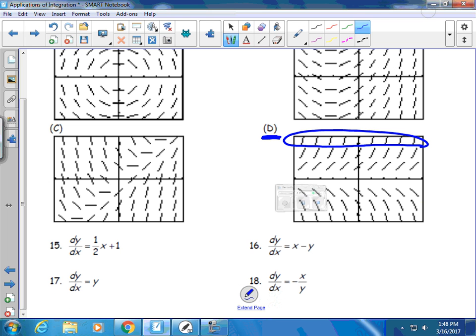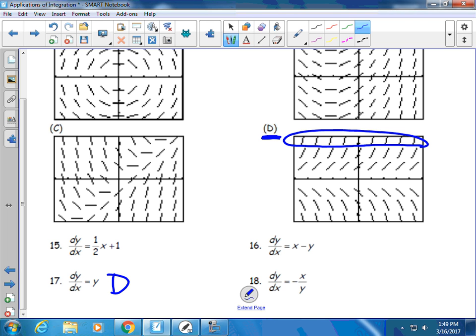But anyway, when you're looking at your slope field, like in D, if you notice your tangent lines are the same horizontally, that means you're looking for a differential equation in terms of y, because for that same y value, you're getting the same tangent line, or the same slope of the tangent line. So D would actually match